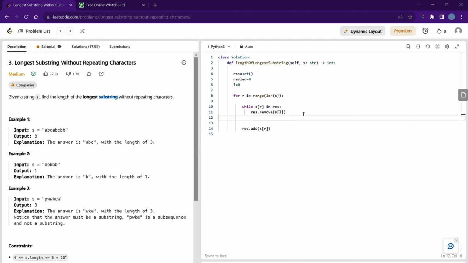Now, after removing, we are going to increment the L. Obviously, we are going to increment L, right? So we're going to increment it by 1. So now we are almost done with our removing and adding concept here. And now we find out the length of this particular set, right? So we're going to find out the result length, and we are going to find out the maximum one,